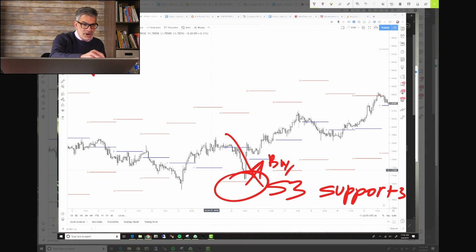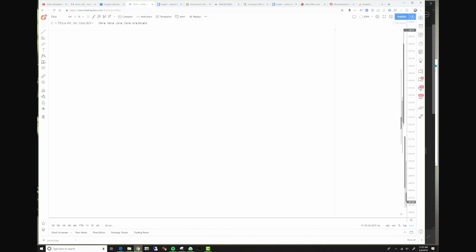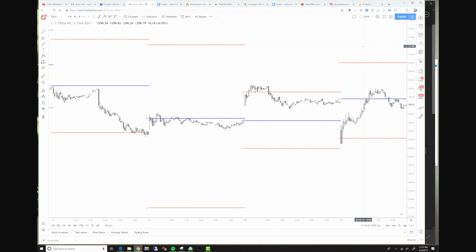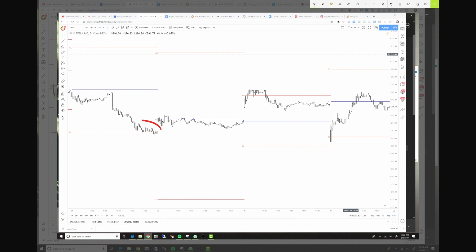Now, this is the currency market. This is FX right here. But it doesn't have to just be FX. This could be Tesla. Tesla's been on my mind lately, as some of you know. And wow, look at this. We get both of these right here. This could be a strategy just back and forth all day long on Tesla. So if we hit S3 on Tesla, we might